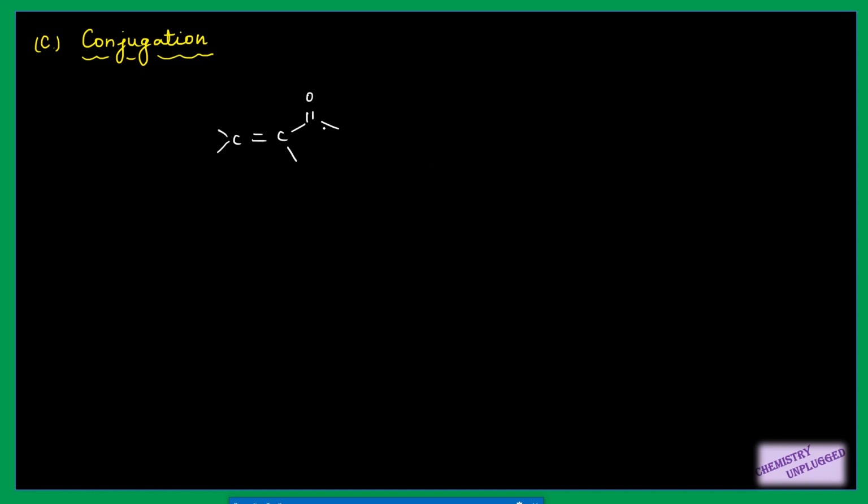Now you have understood the role of resonance, then you can easily understand the role of conjugation also. Conjugation means this bond is shifting here, this is shifting here. So what will you get after conjugation? This one, right? It means this CO double bond is developing more single bond character, becoming weaker in nature, right? So the CO vibrational frequency should decrease.